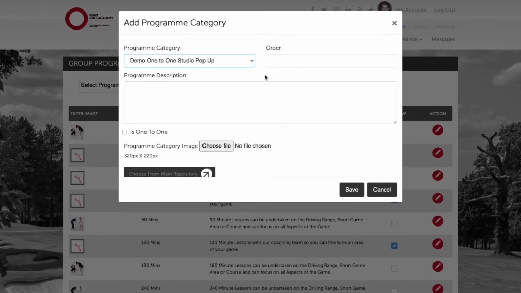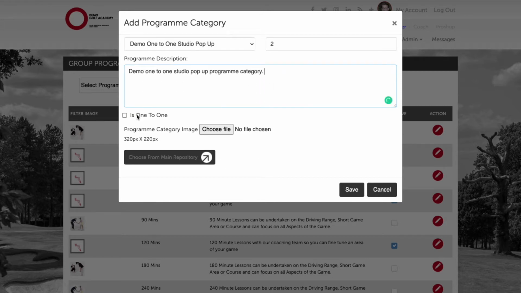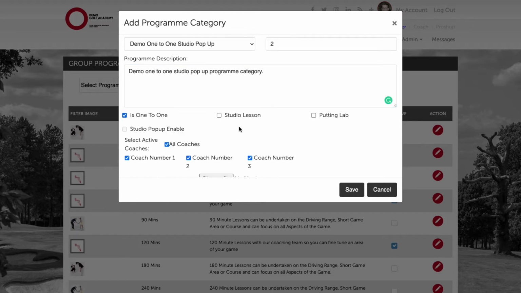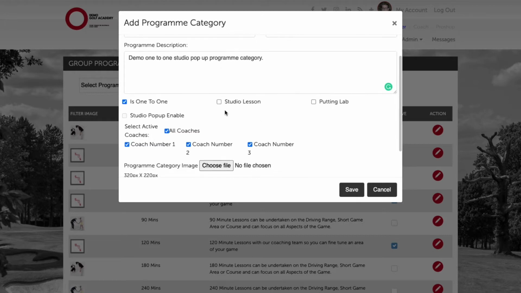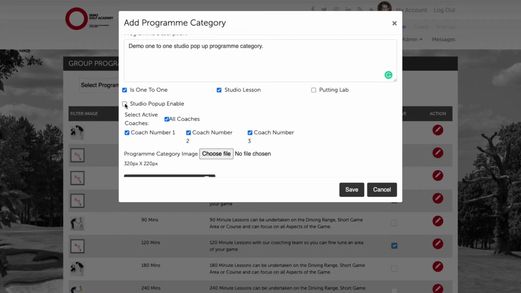So from here, we now need to choose the order number. So this time we're going to choose order number 2. We want it to appear as second in our booking system. And then we need to add the program description. And it's now at this stage that we need to select the checkbox one-to-one because it's going to be a one-to-one program category. And it's now at this stage that we need to choose the studio lesson checkbox. So we're going to go ahead and choose Studio Lesson, and we're also going to choose the checkbox Studio Pop-Up